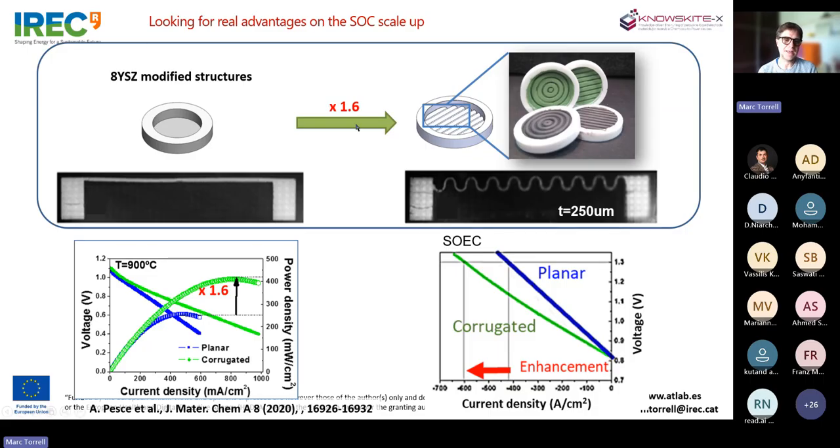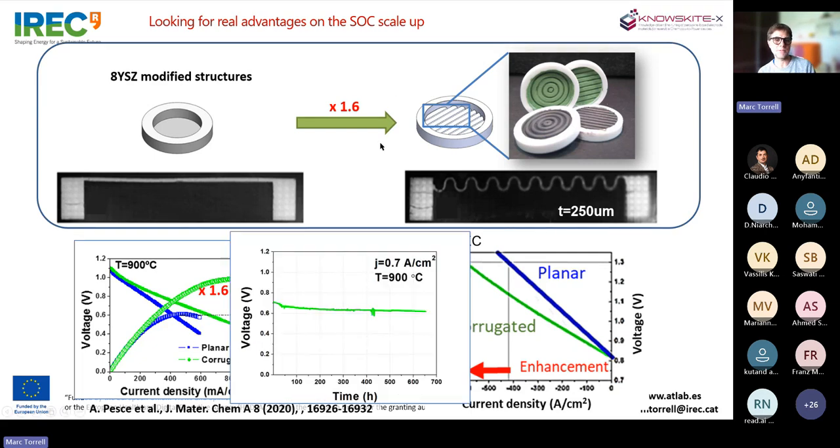We have exactly the same increase in the performance that we have in the area, which, I mean, is not a surprise, but it should be proof. And here it's proof, and then you would say, well, but which is the advantage? Because what you are gaining by the increase in the area, by the corrugation, you are losing in the volume. And here comes the idea, what is different from this approach and this proposal.